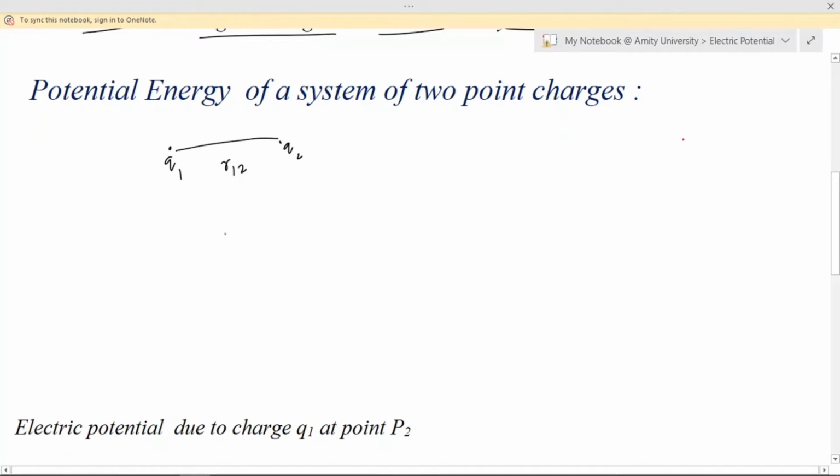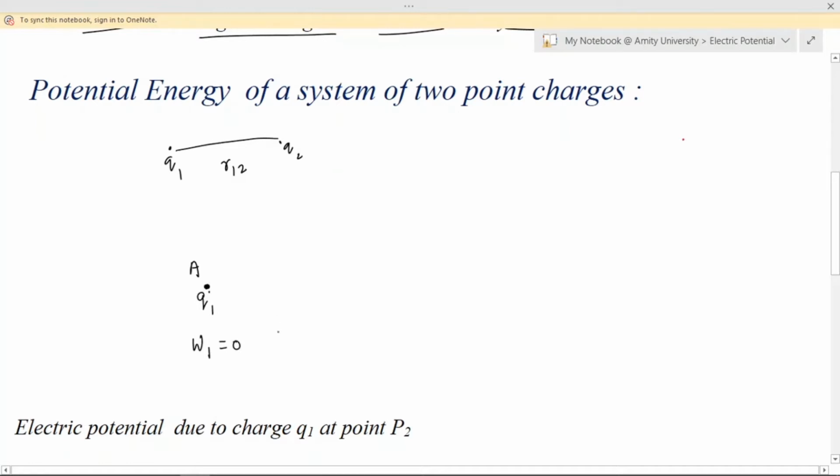So suppose for this, what do we consider? That initially, charge Q1 is placed in space at a point, let's say A. Now, to bring this charge Q1 from infinity, there would have been zero work done because there is no field initially. When there is no field initially around the space, then obviously no work has been done. So we can say that the work done, let's say W1, in bringing the charge Q1 from infinity to point A is equal to 0.